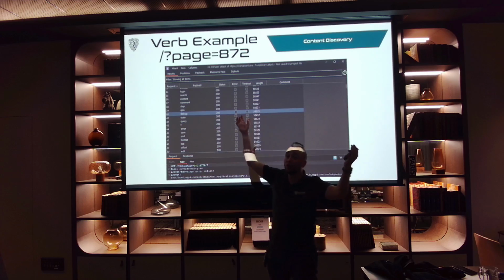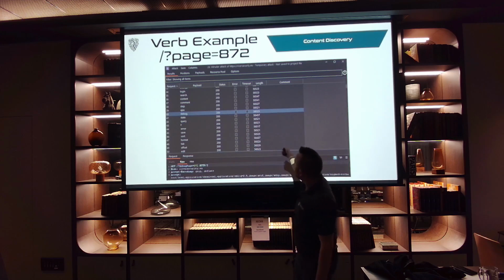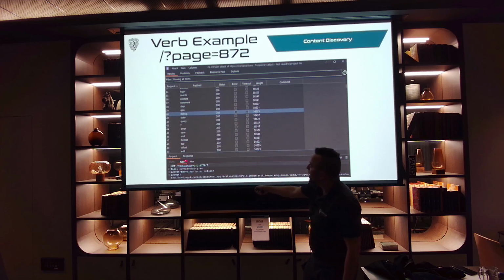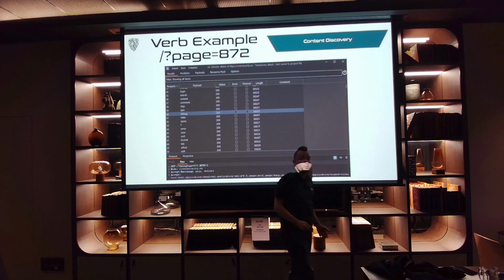Who knows? We don't know until we try. So in this case, we are using the Burp Intruder to go through the website riversecurity.eu, and we're fuzzing the keyword before page. We are trying everything before page. And just like that, when we put in debug page, we get a different content length than the others, and that could mean that, hey, there is such a feature called debug page